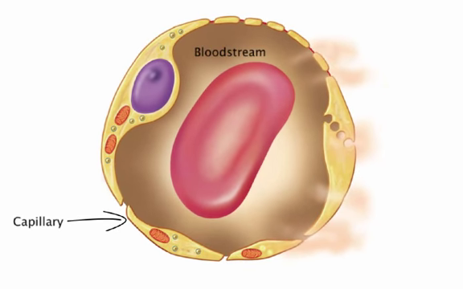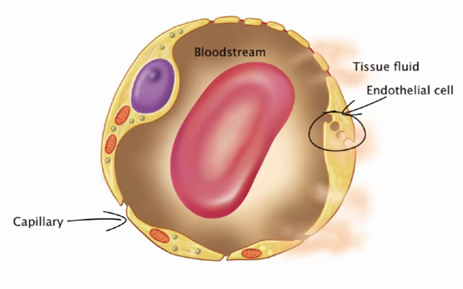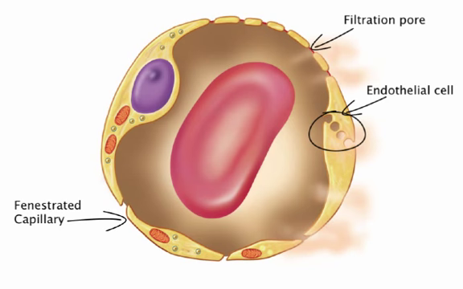Chemicals pass between the blood and tissues via three different routes. The first is directly through the plasma membrane and cytoplasm of the endothelial cells of the capillary wall. The second only happens in fenestrated capillaries, which means the capillary wall has tiny filtration pores in it. Not all capillaries have these, but when they do, materials small enough can pass through them. And finally, there are small slits between the endothelial cells of the capillary wall called intercellular clefts, and some materials